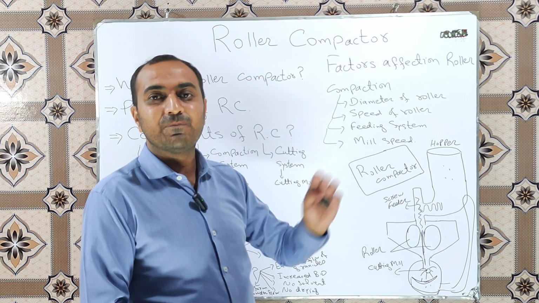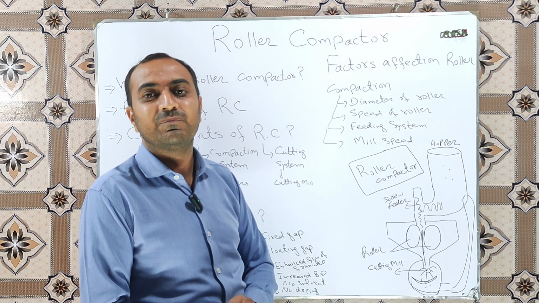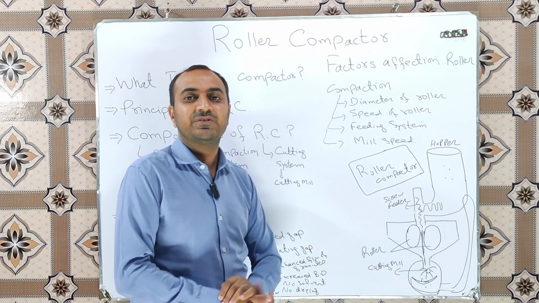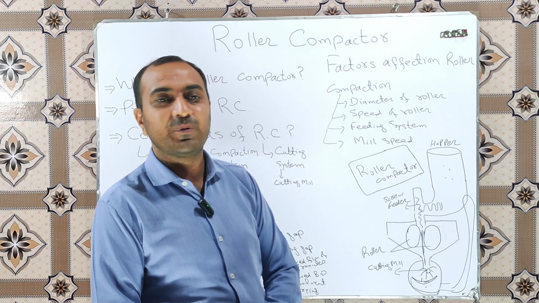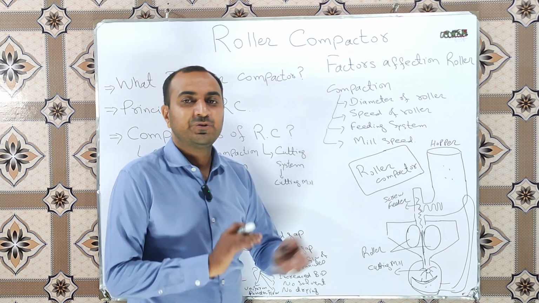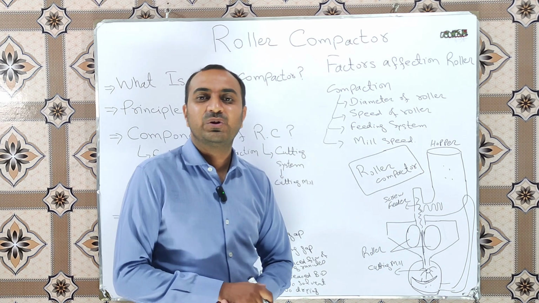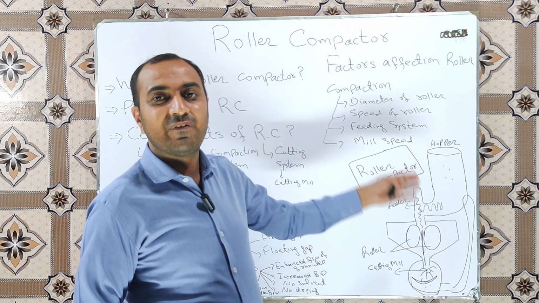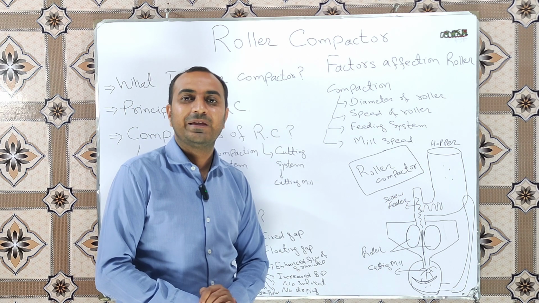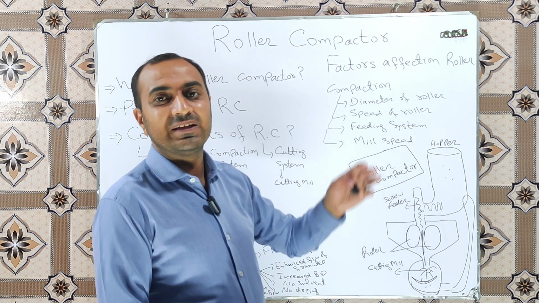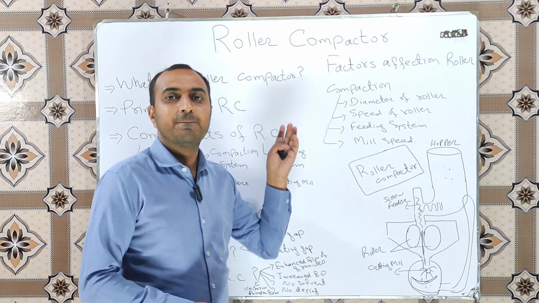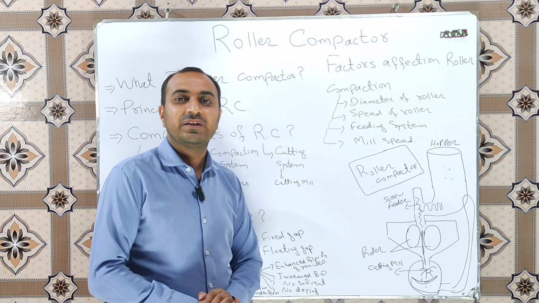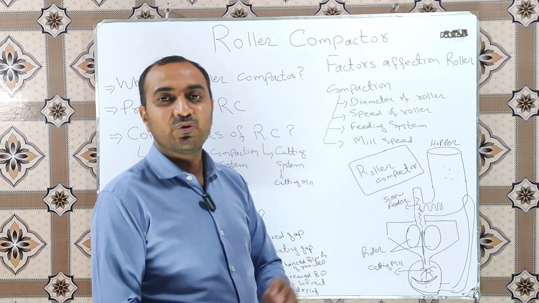The feeding system must be screw type, because if a screw type feeding system is not used, the flow from the hopper to the roller will not be uniform. Mill speed is also very important. If mill speed is very high, the fine granules or fine ratio will be high, and if mill speed is at the lower side, higher quality granules will be produced or less